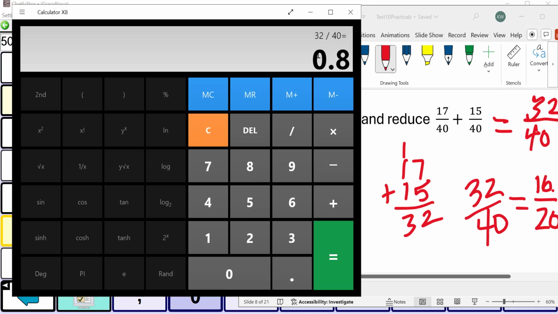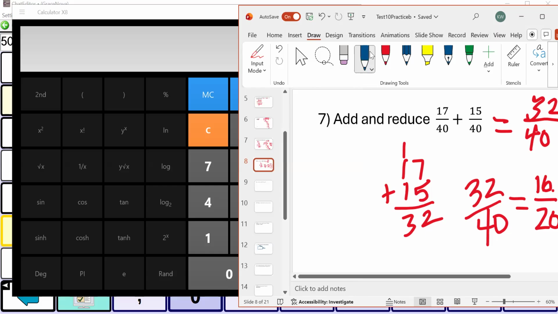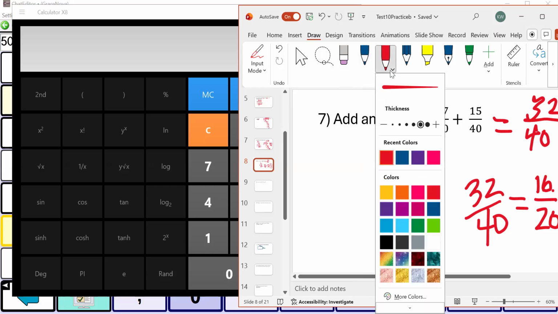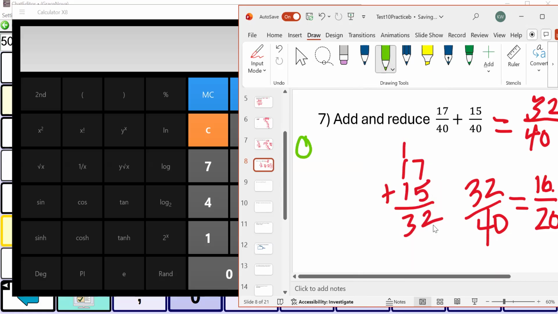You could start with 8/10, which is 8 over 10, and say, okay, we could knock that in half. That would be 4 divided by 5. If we take 8 and divide it in half and 10 divided in half, I'll do it over here on the side. So 0.8, to follow what I'm doing here, I'm going to switch to green, okay? So if you type this in and you got 0.8, this means 8/10, which could be written as 8 over 10. And if you further reduce it, 8 divided by 2 is 4, and 10 divided by 2